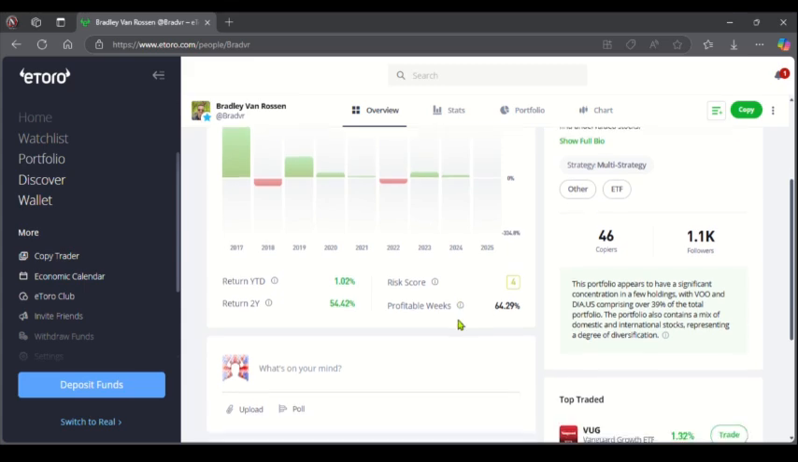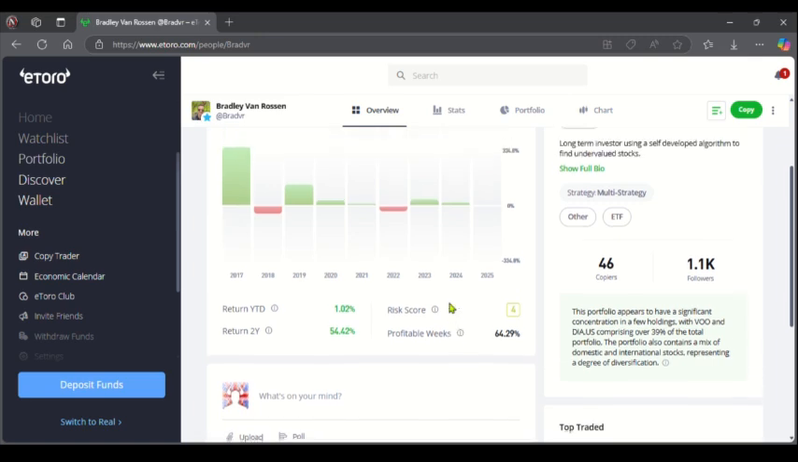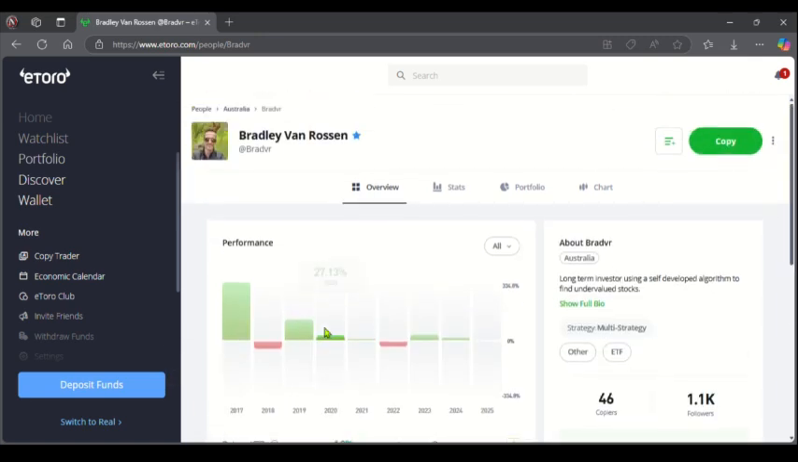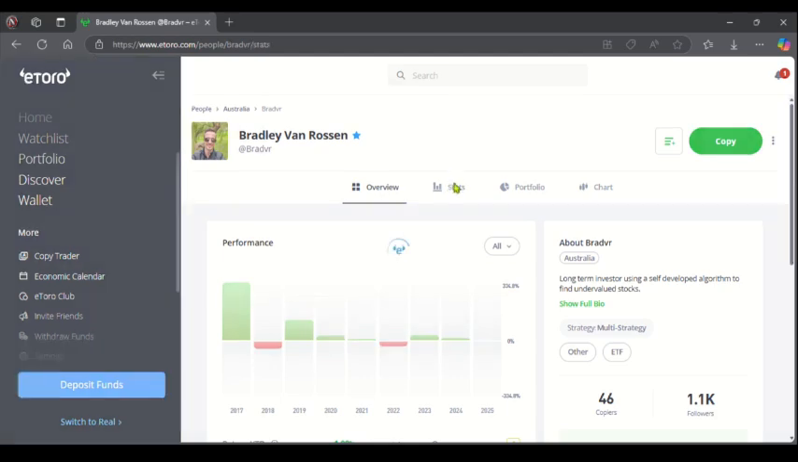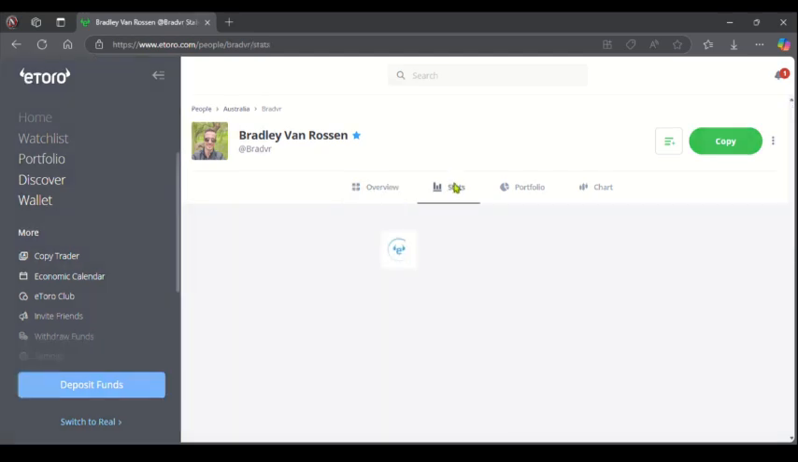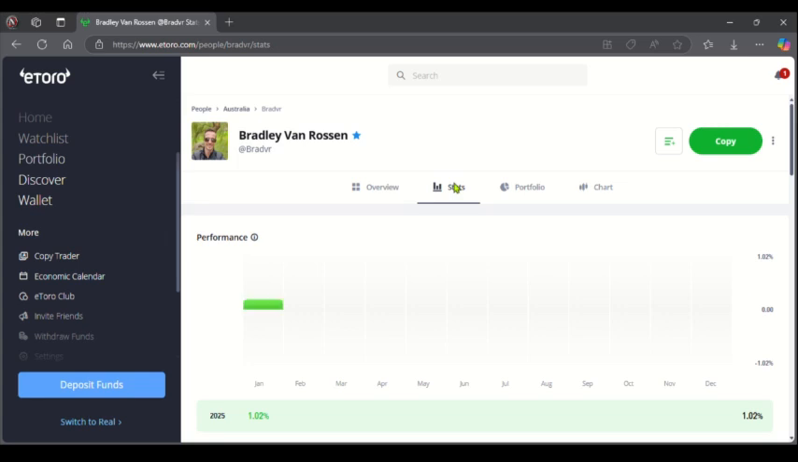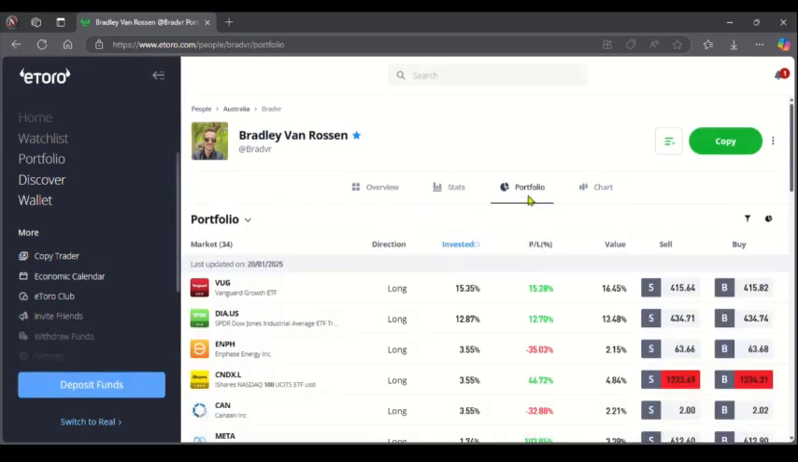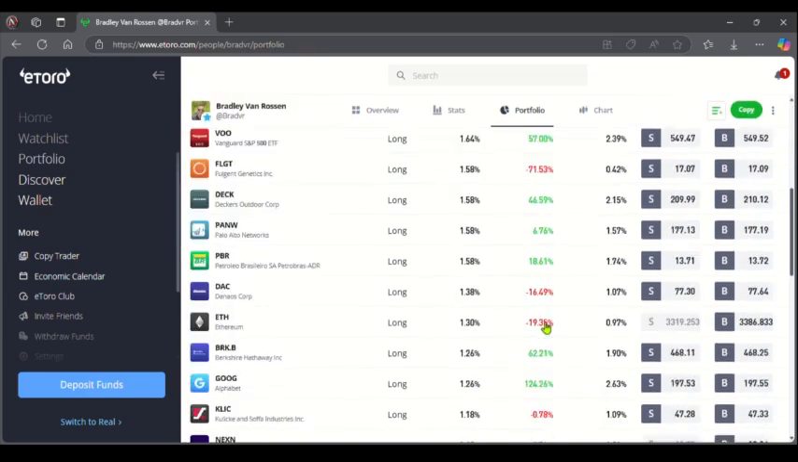These are the numbers of copiers and the risk level, and these are the returns and other information like that. You can check his stats just for you to know the kind of person you want to choose to copy trade from. And you can also check the portfolio. And you can see this portfolio. Then once you have all the necessary information about the person you want to copy from,